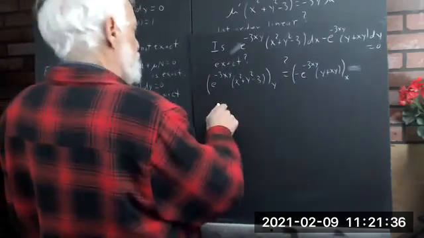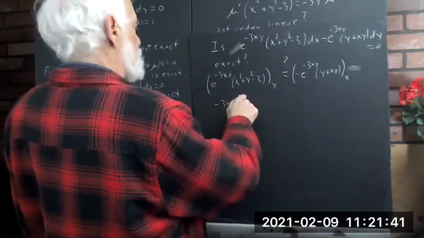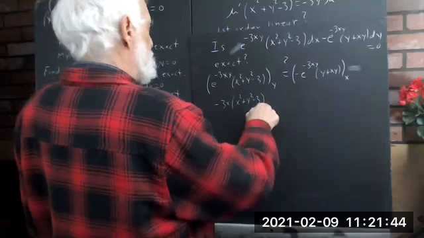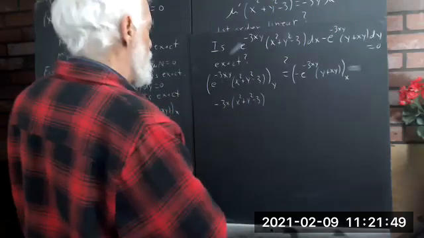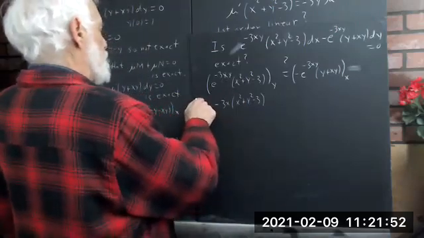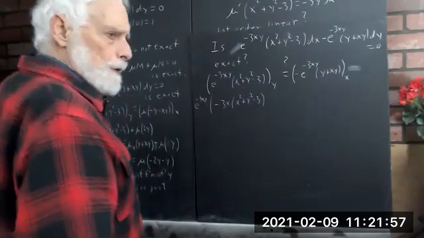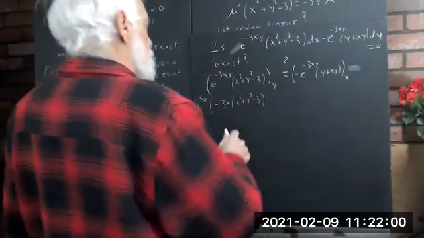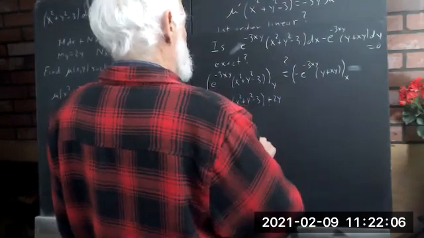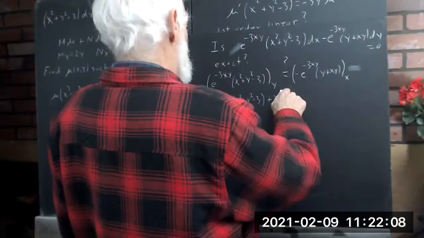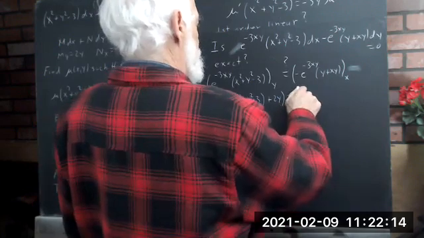Now the y derivative of this is going to be negative 3x times x squared plus y squared minus 3, this times e to the x. So I'm just going to do e to the negative 3xy out in front, since it's going to occur in both of my derivatives. And then it's going to be this plus 2y equal to